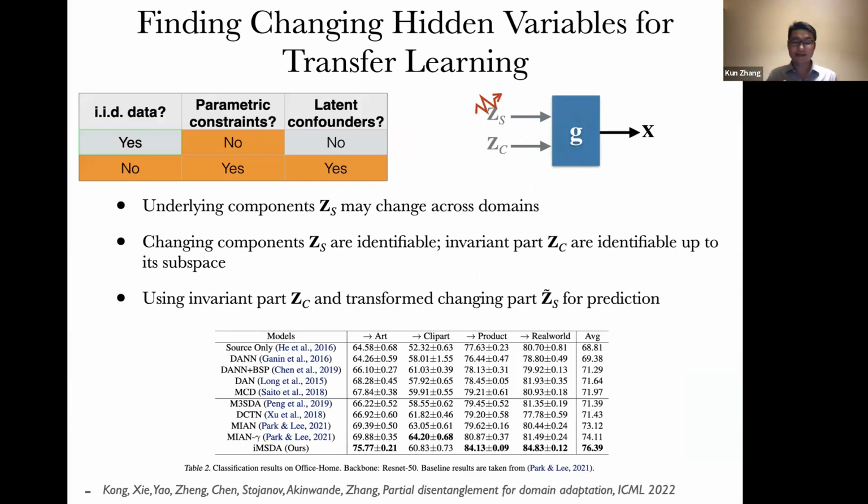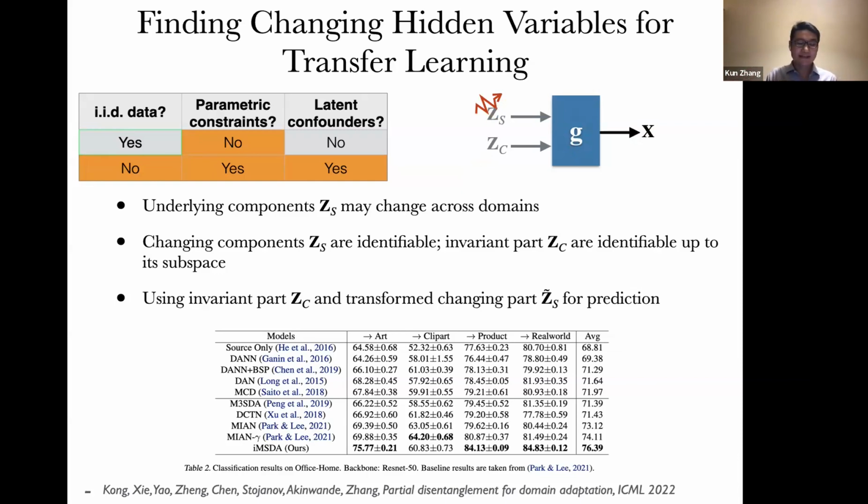So in this work, you can see the measured variable like image pixels can be written as a fixed function of some underlying factors, right? So you can think of G as a way to produce the observed image from some underlying things, including illumination condition, angle, concept, relation, and so on. So we assume that only a small number of the latent factors Zs could have changing distributions. And then you can show that those changing variables, Zs, can be identified up to component-wise transformation.